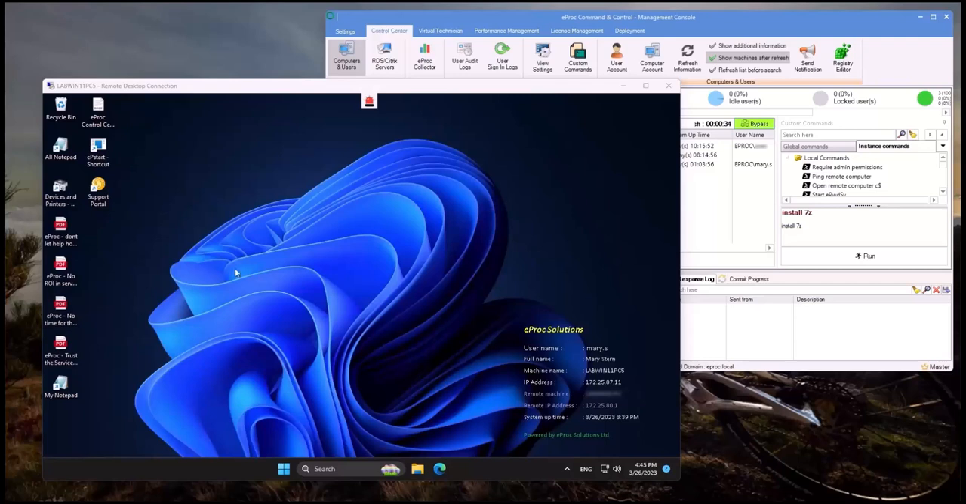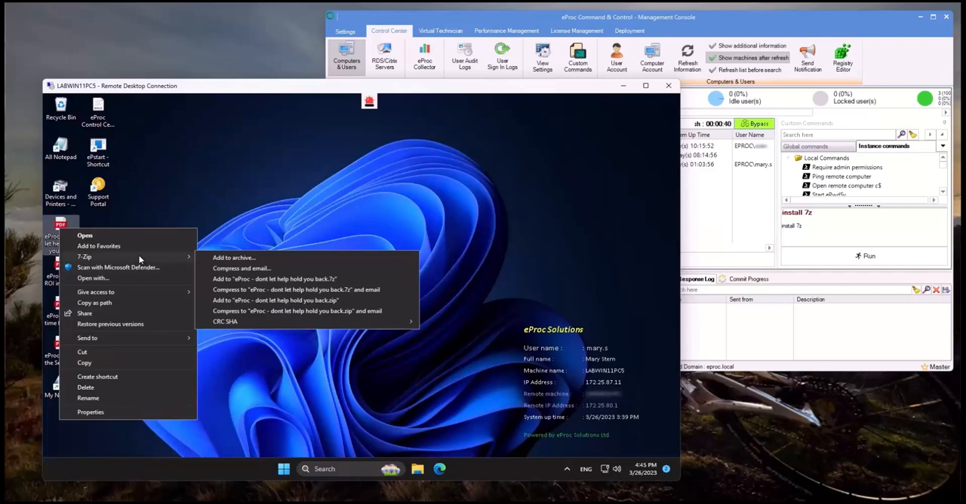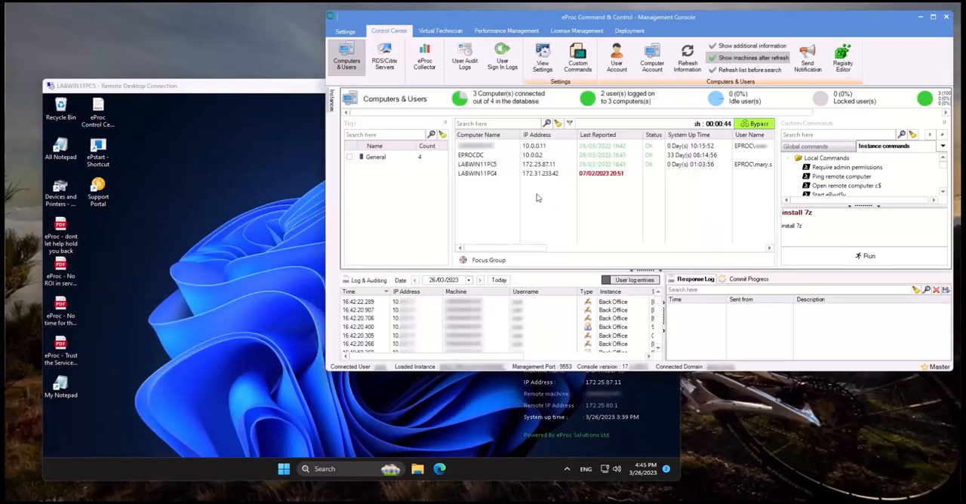Here we have Mary, who is signed on to the computer. We can see that the 7-zip software is installed by selecting a document and opening the Explorer menu. To uninstall the software, we go to the eProc Management Console, type Mary's account name to locate her computer, and